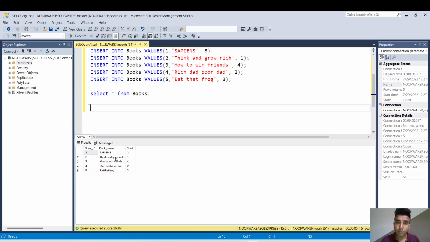To pull that Think and Grow Rich book from my shelf, I have to write this query first: select all from books. Now we are adding the where clause. The main function of this where clause is to fetch the conditional data from your rows. It is also used with update and delete statements. To fetch that Think and Grow Rich book from my bookshelf, I have to type the query in a way that select all from